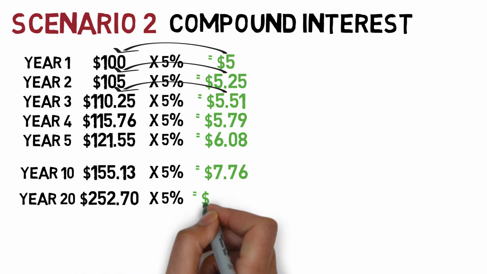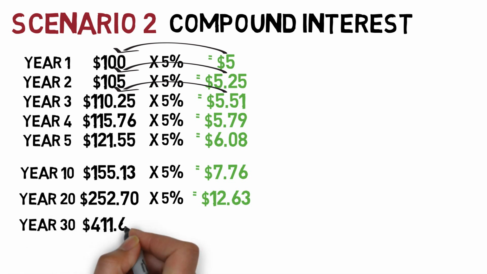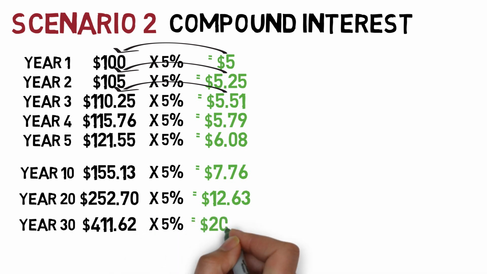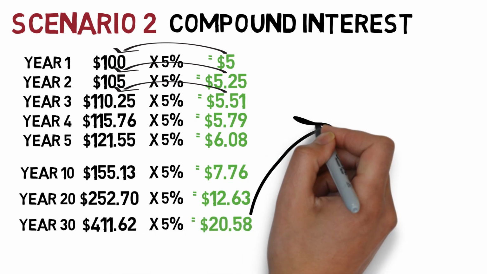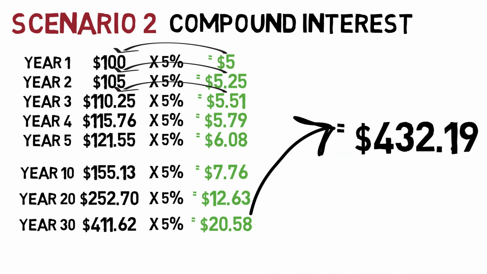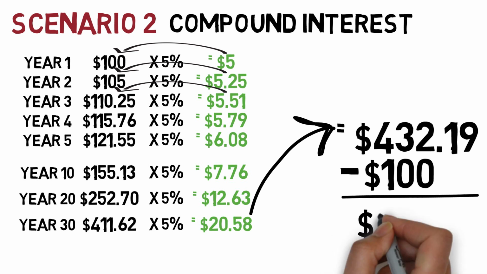$252.70 and earn $12.63. And in year 30, we start with $411.62, and multiplying by 5%, we earn $20.58 that year to end up with $432.19. So if we subtract our initial investment of $100, we're left with a total amount of interest earned over these 30 years of